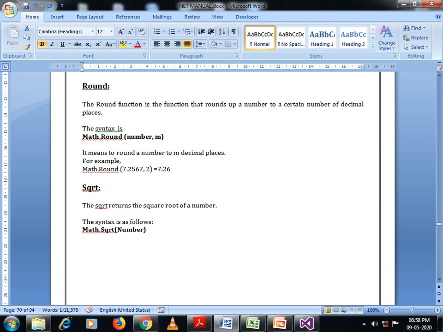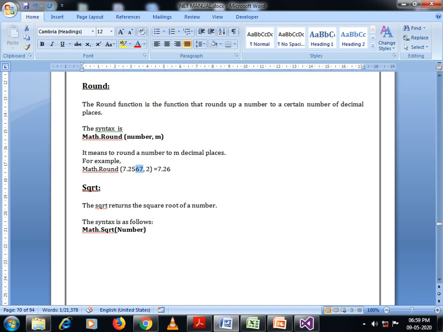For example, if I write Math.Round 7.2567 comma 2, you can see after the point this is 2567, and I have instructed my function to convert the given number up to 2 decimal places. So the rest, the 67, should be eliminated, but that will be eliminated with proper logic.